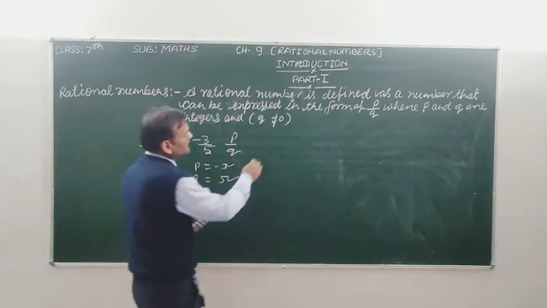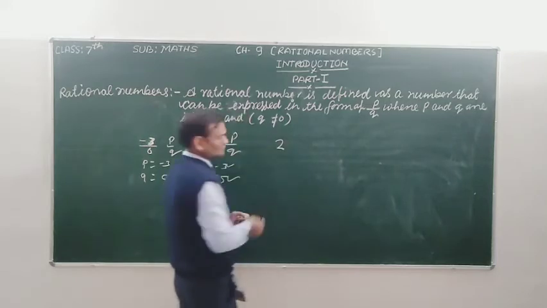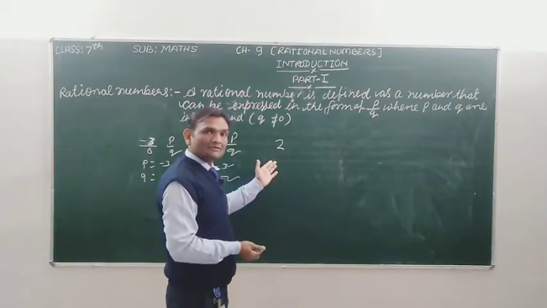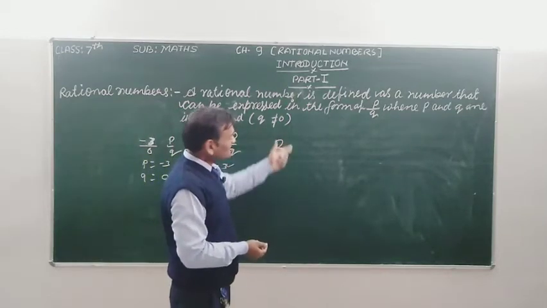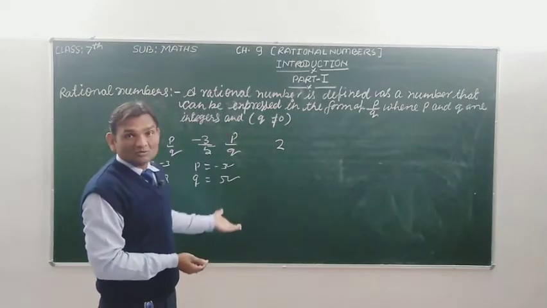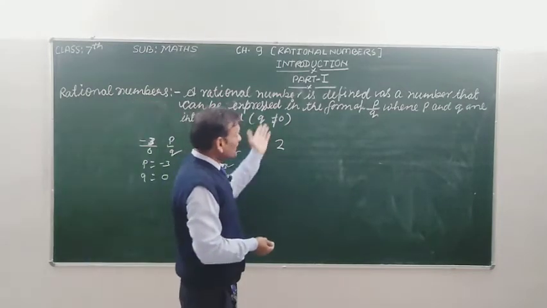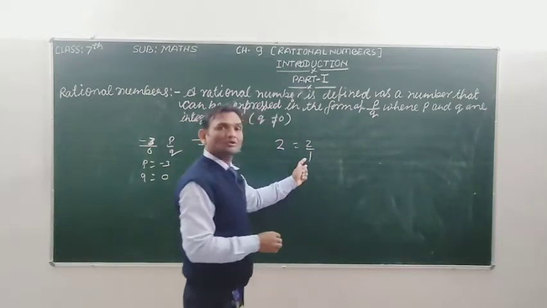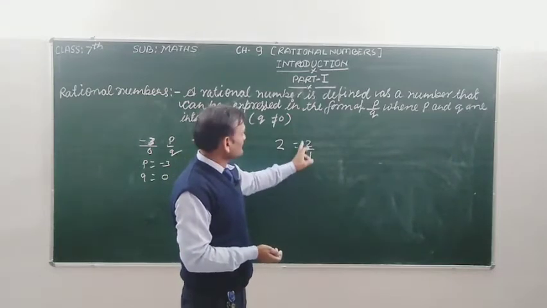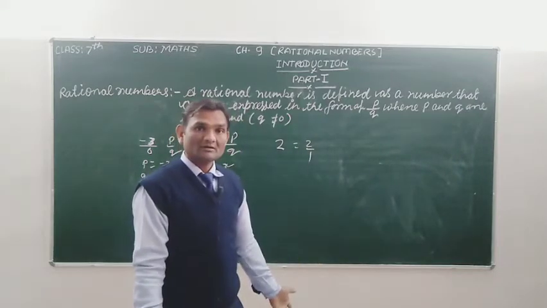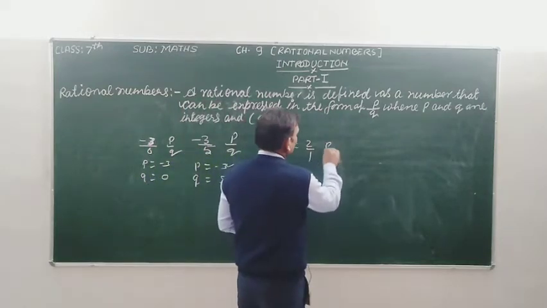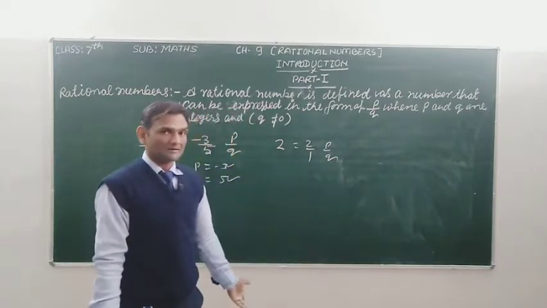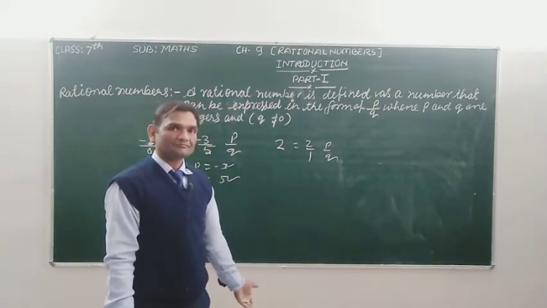But if I write only 2, suppose only 2, 2 is a rational number. Yes, students, it is a rational number. Why? You can say that, sir, it is not written in the form of P upon Q. No, you can write this number in the form of P upon Q like this: 2 upon 1. By writing 1 as the denominator, the value of 2 is not changed. So, students, this is in the form of P upon Q. So, you can say 2 is a rational number.